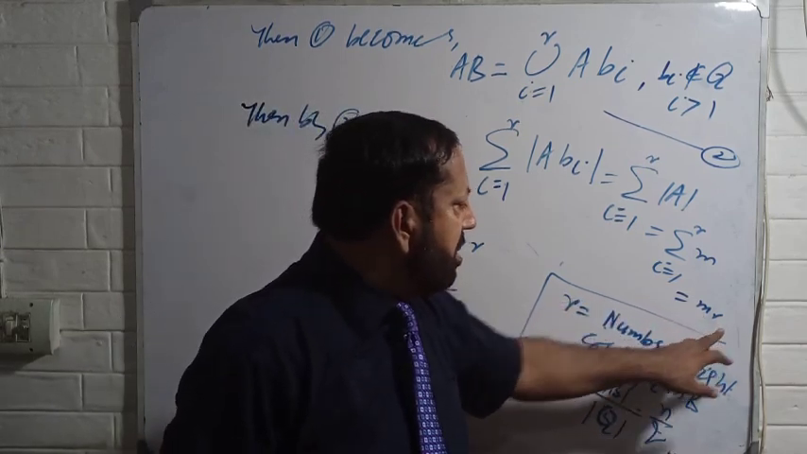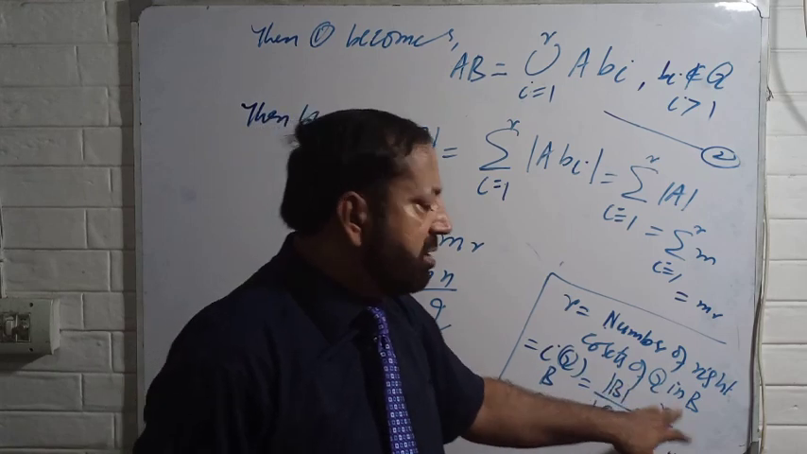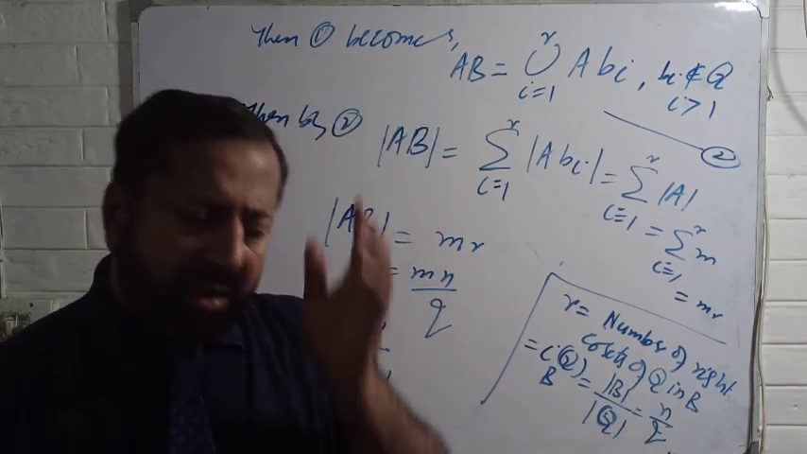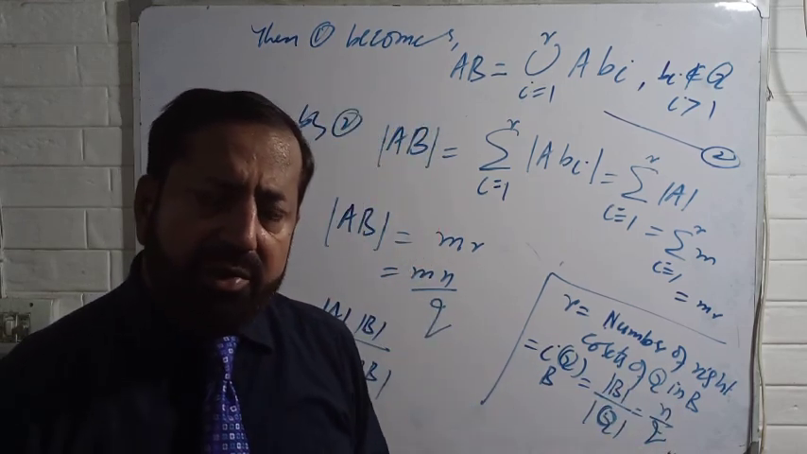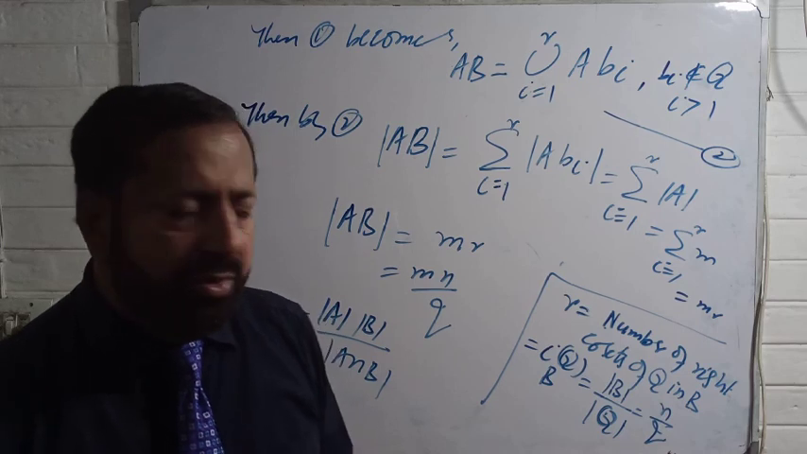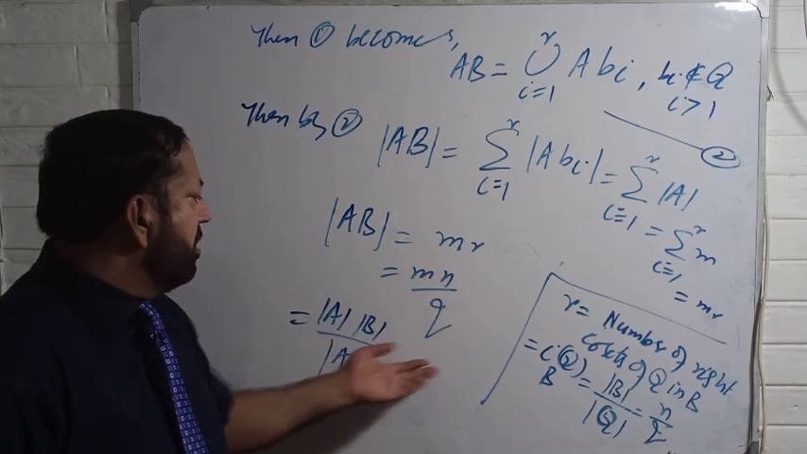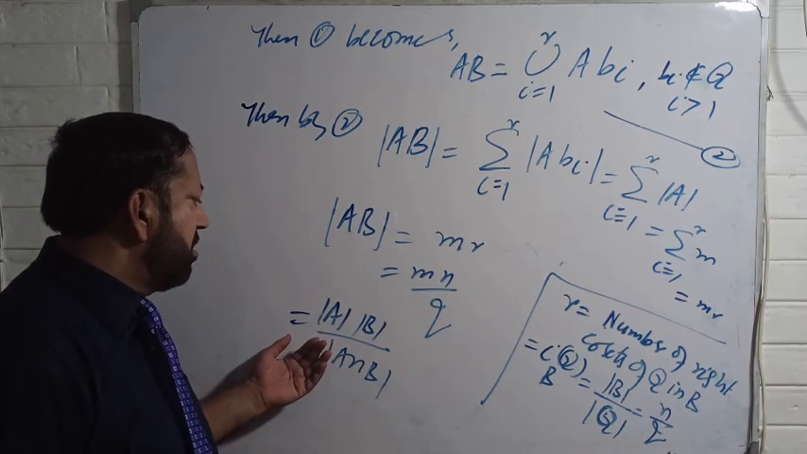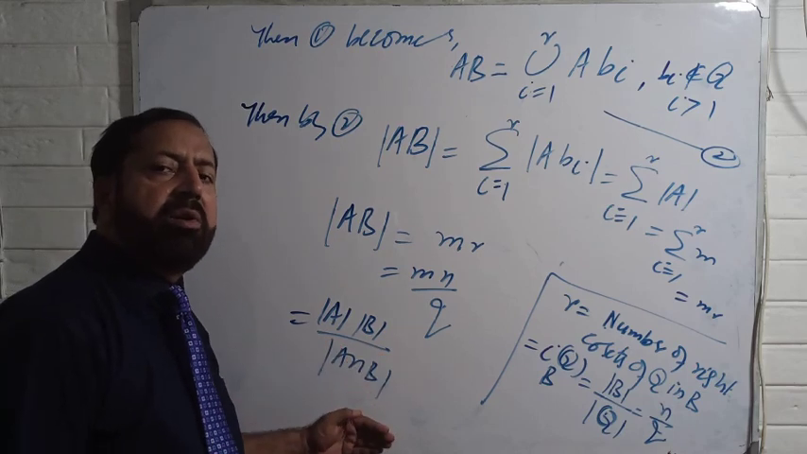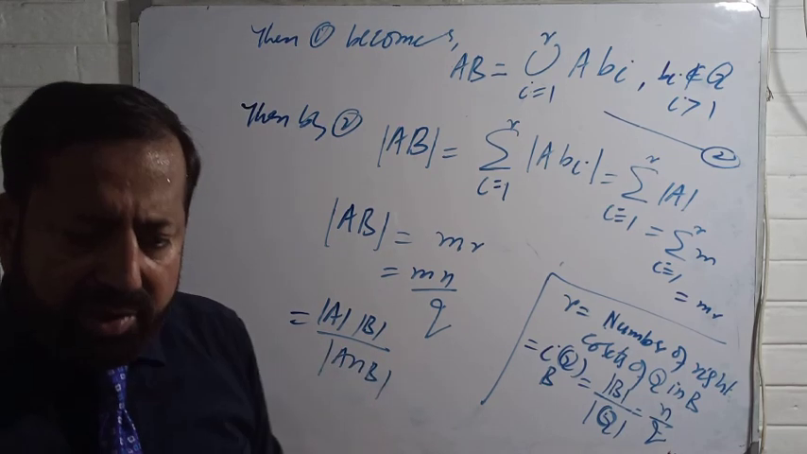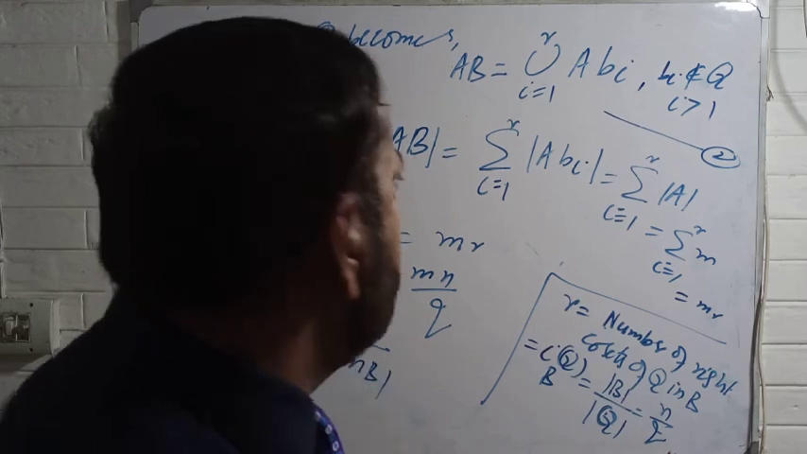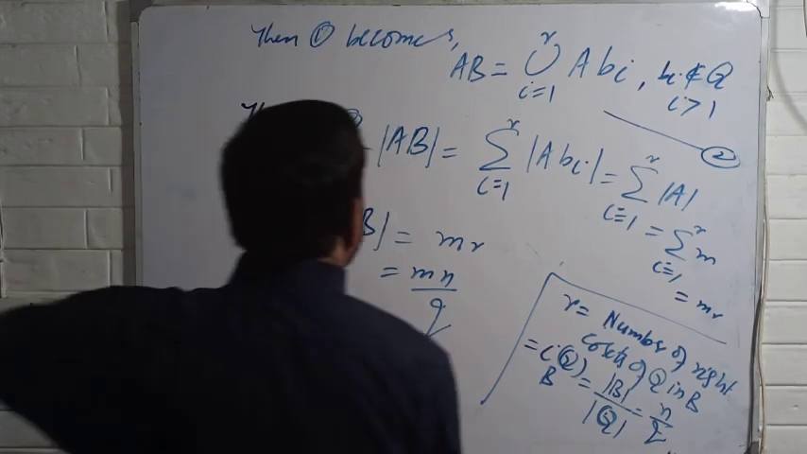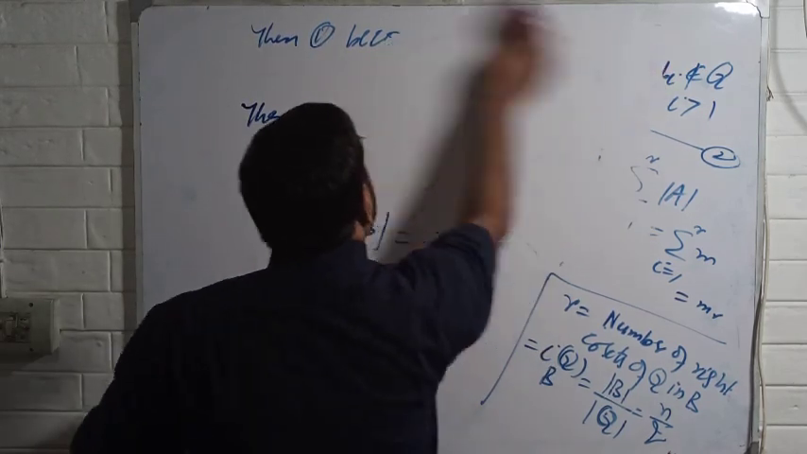And what is R? R was the number of right cosets of Q in B, which was index of Q in B, which is N by Q. And substituting values here, you are getting order of AB is equal to order of A into order of B over order of A intersection B. It's a simple theorem. Now, by using this theorem, I could have an idea. Look at